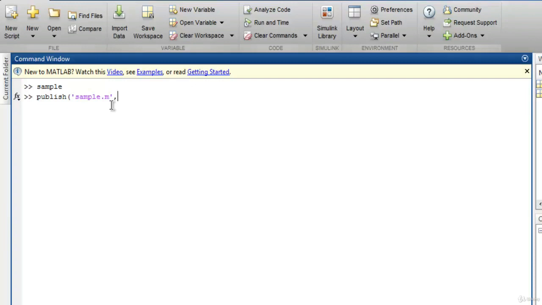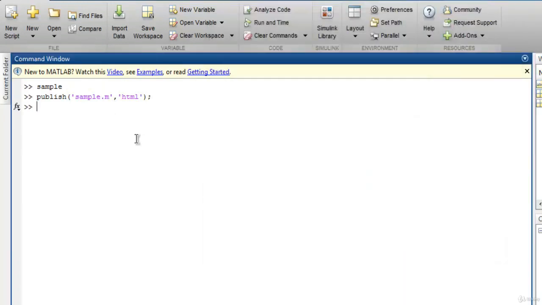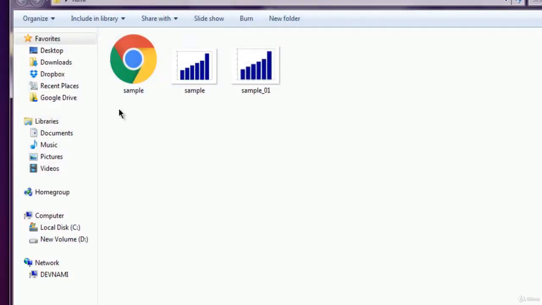Next, export to HTML, so make sure that it is in single quotes as well. Now simply execute this and you will have one figure exported, and you have to navigate to that directory. Okay, and I am in that HTML folder. I can click on this and find out whether my exported graph looks exactly the same in the HTML